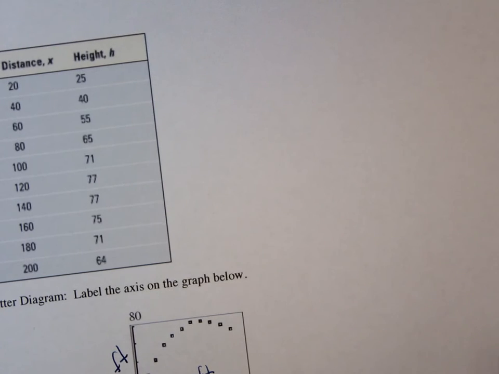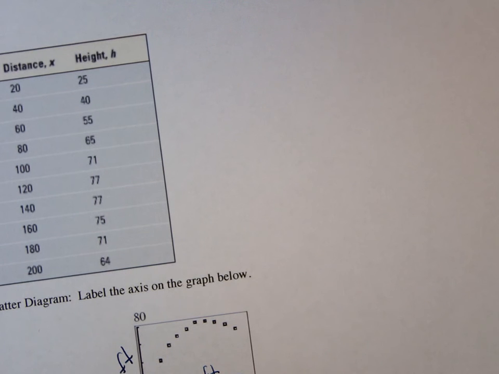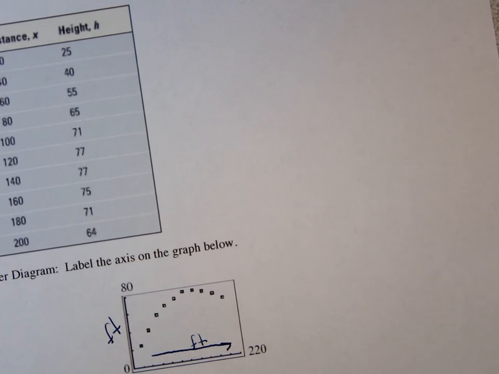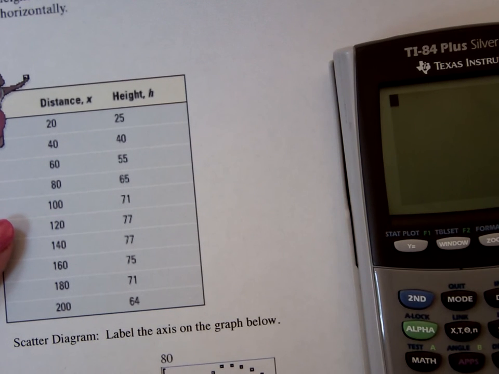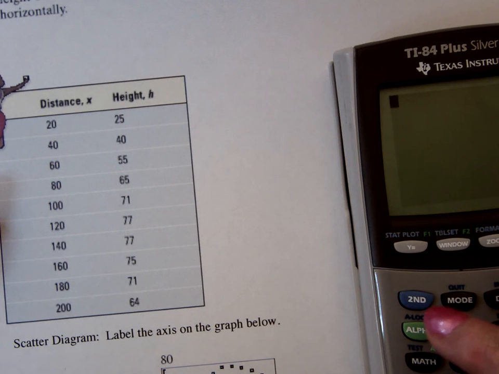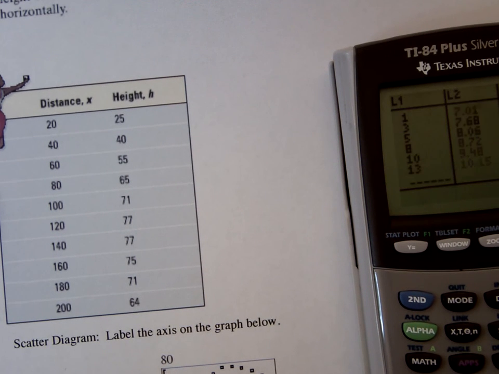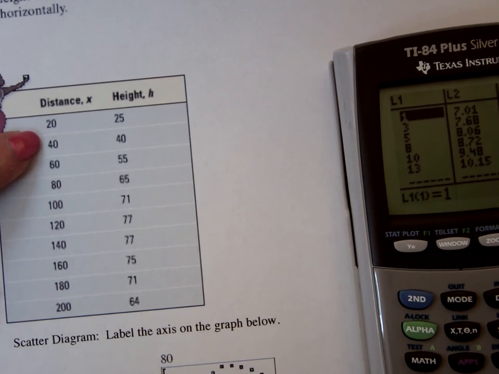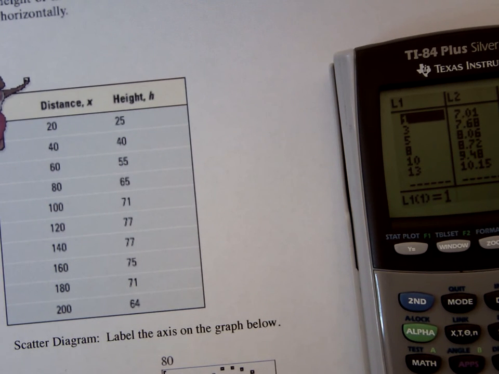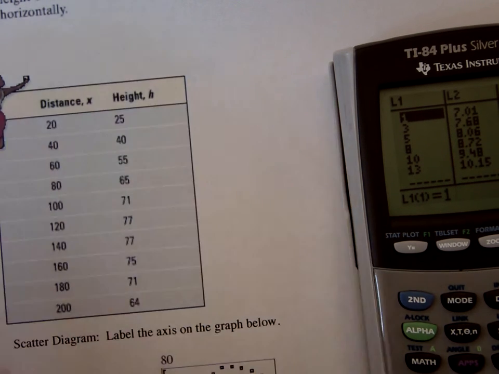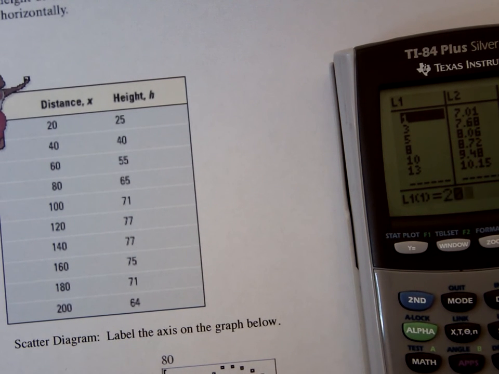So the first thing I do: it says use a graphing utility to find a quadratic function to 2 decimal places that best fits the data. So now I need to input my data. This is where it would be nice if it were like a real spreadsheet, because the data is separated by 20. If I could start with 20 and add 20 for the next ones, but it doesn't work that way. So 20, 40, 60, whoops, you guys are better than me, 60, 80,